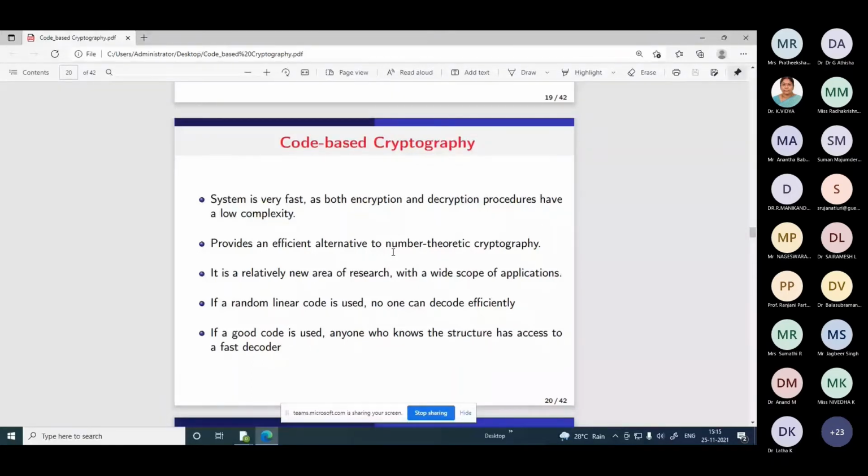Finding and decoding is NP-hard in a random linear code. Efficient decoding is possible only with the structure. What we are doing is hiding the structure of the Goppa code by pre-multiplying and post-multiplying by an invertible and a permutation matrix, and the result will look like a random code. There is no distinguisher which distinguishes a matrix obtained from the Goppa code from a random matrix. You are not able to distinguish these two matrices. It will completely look like a random matrix, and we know that there is no efficient decoder for random matrices.